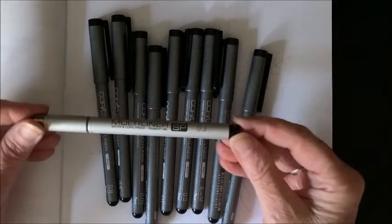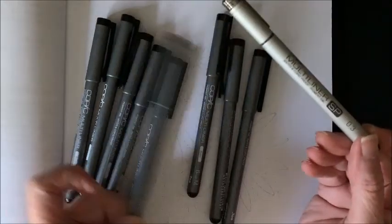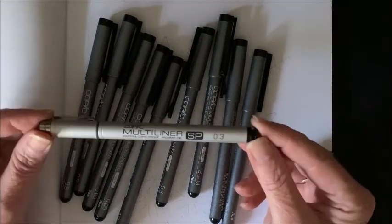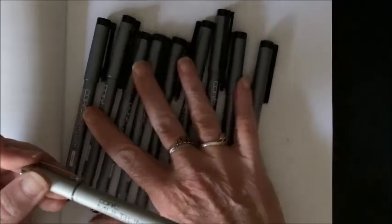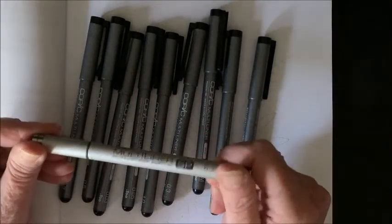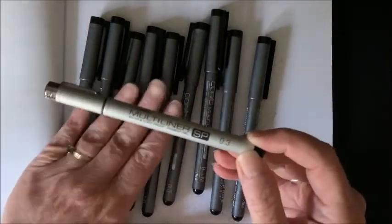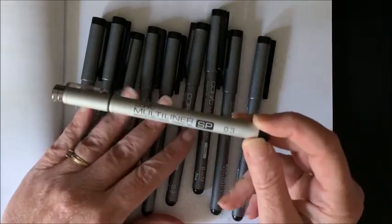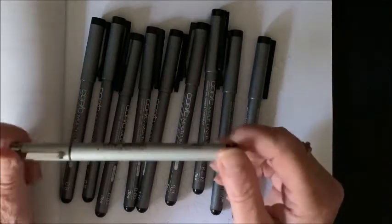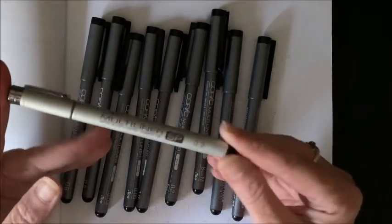This was included in some set that I had bought, in some Copic set. They do have a whole set of these in the silver. You'll notice these are in a gray and black casing. They have a whole set that are refillable, and they're the same sizes as these, but they're in a silver matte type of casing. And yes, they are refillable, so they are a lot more expensive. I believe this same set in the refillable set is like 65 bucks. So you know, it really wouldn't be worth it for the colorist to buy the whole refillable set,